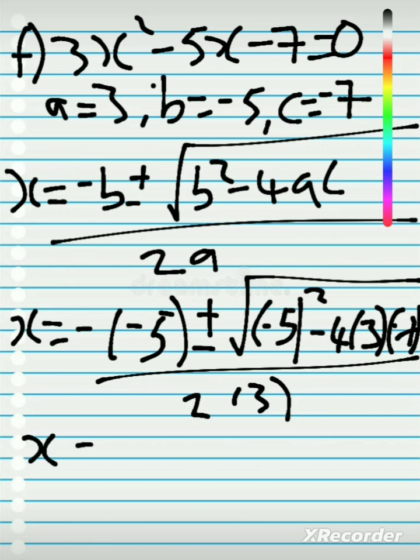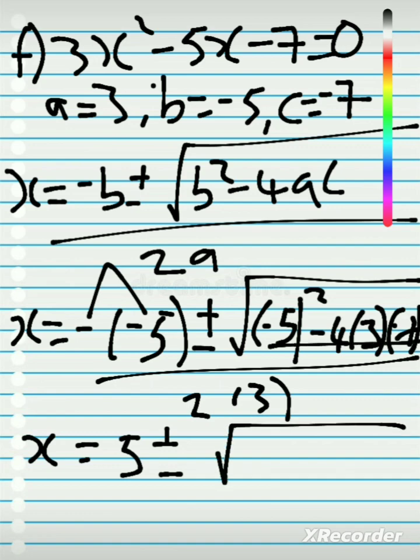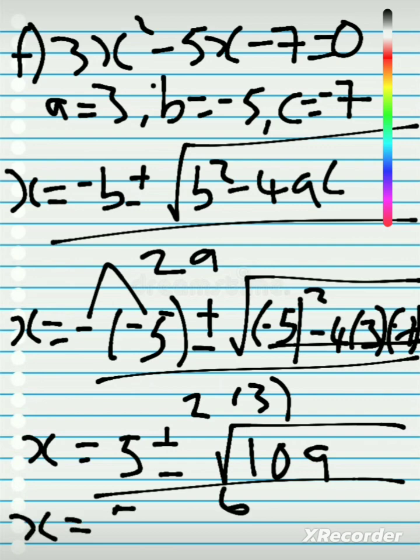So it's going to be x, negative times negative is 5, plus or minus square root of, when you punch everything here, open bracket, negative 5, close bracket, squared, minus 4, open bracket, 3, close bracket, open bracket, negative 7, close bracket, you are going to get 109. Okay, over 2 times 3, it's 6, meaning that our x is going to be equal to